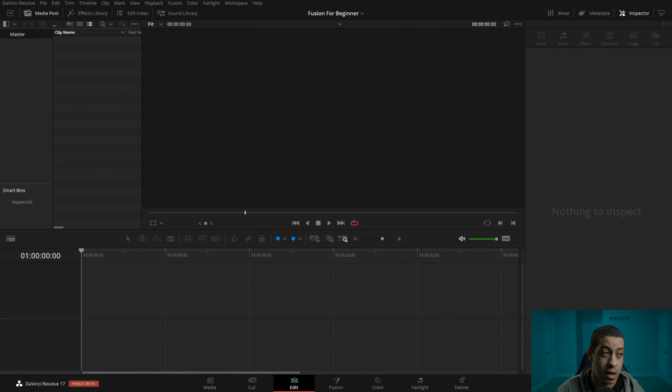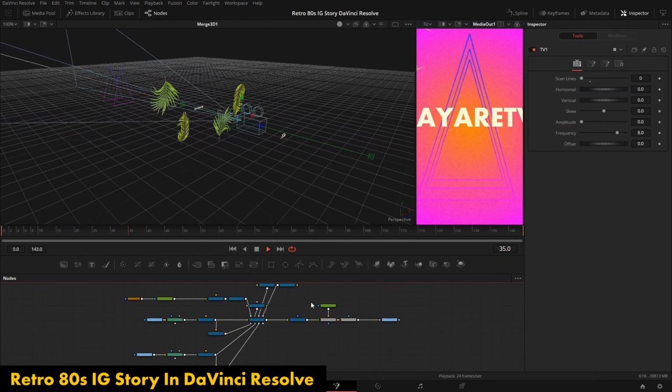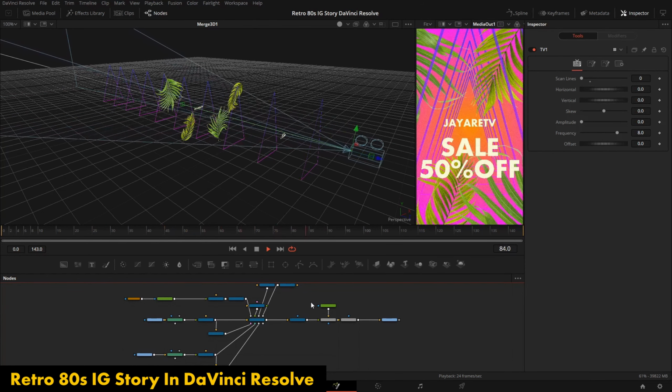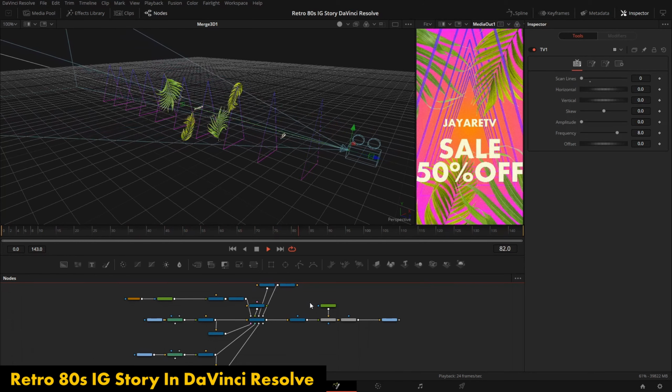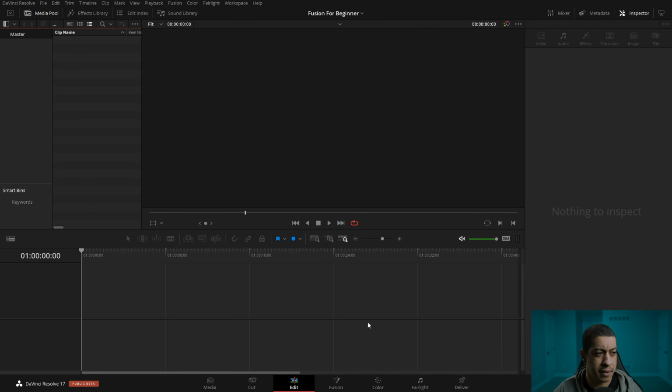So we'll start off with getting stuff into Fusion. Getting stuff into Fusion, there's a couple of different ways you can do it. One, within Fusion, you can drag elements in. I did a video where I had some palm tree leaves and I dragged them into the project. I'll show you how to do that here in a second, but let me show you from the edit page